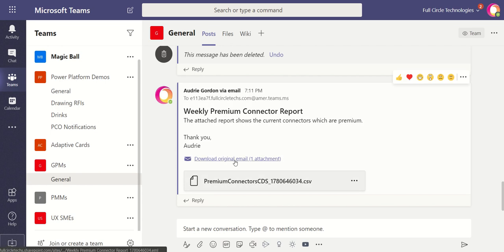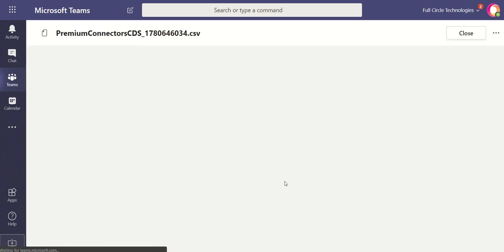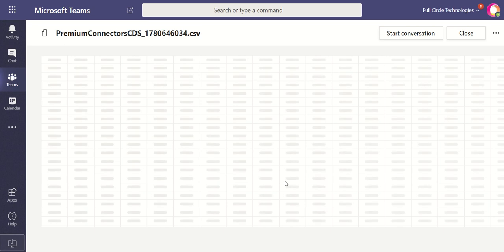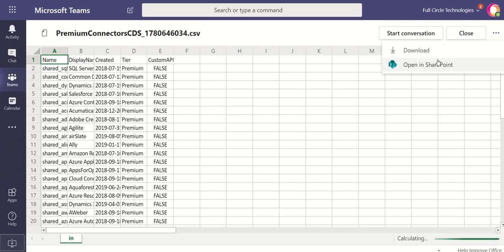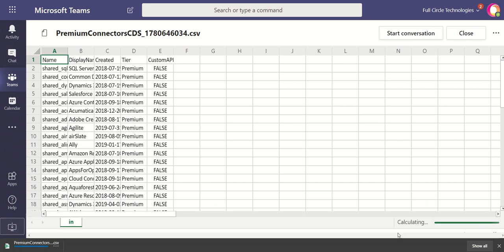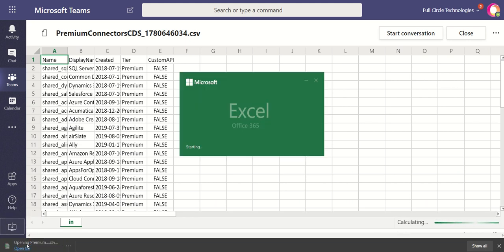You can even download the original email, but it's posted directly on the GPM's team site, and it's actually uploaded to the teams in the files, which is awesome. And they can open it on their computer, so they can download it, and then they can open it, or they can read it right there. They can actually work on it right there. But what I was saying before is that some people like to do